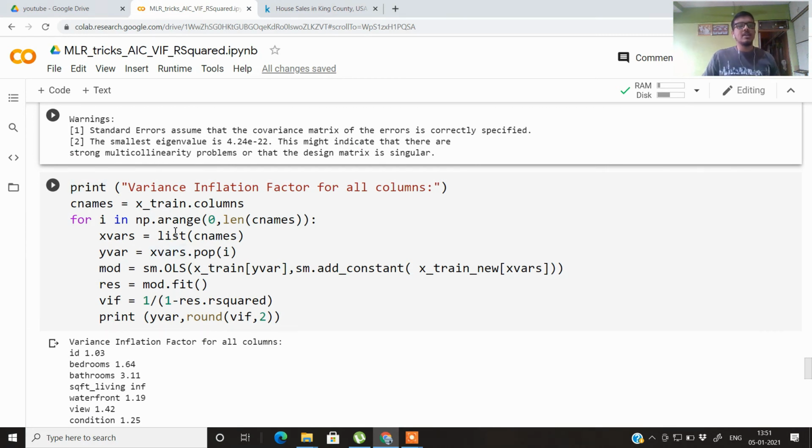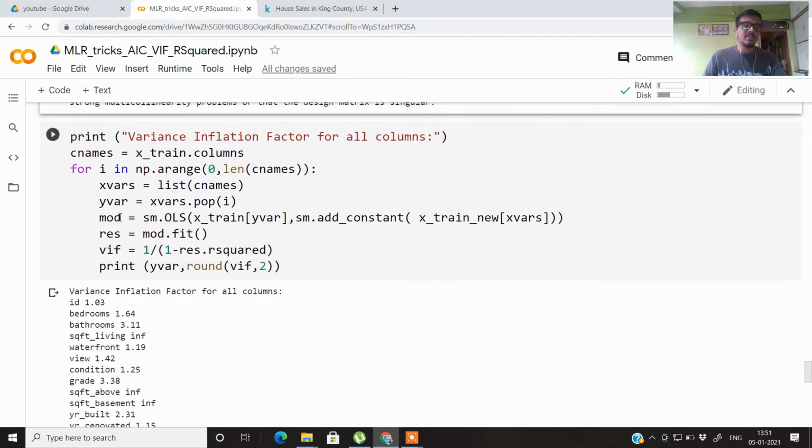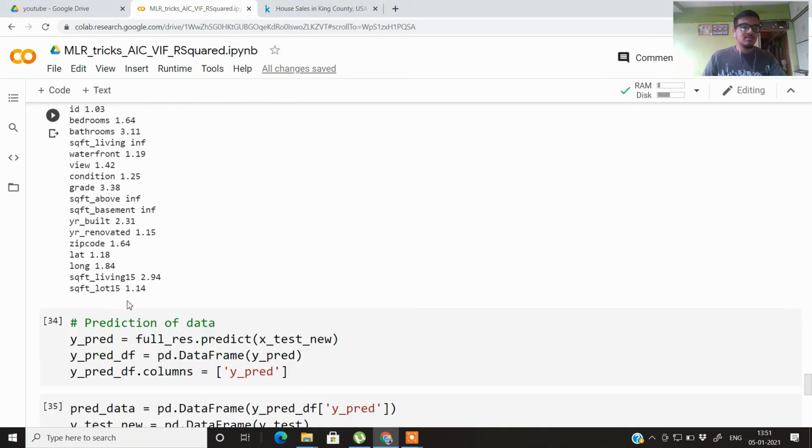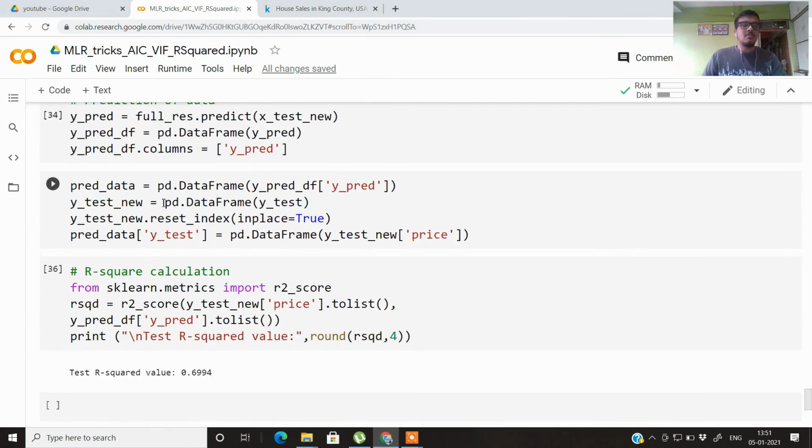In certain industries, there are cases where the variance inflation factor is kept very low. Even 2 is the cutoff for the variance inflation factor, but in our case 5 is adequate. And this is how you will be building the regression model. So I hope that I have shed enough light on this tutorial that I wanted to show you regarding the AIC, variance inflation factor, and the R square, and how important these metrics actually are to the model.